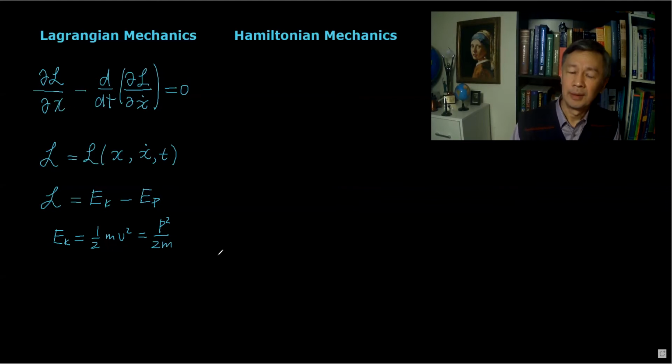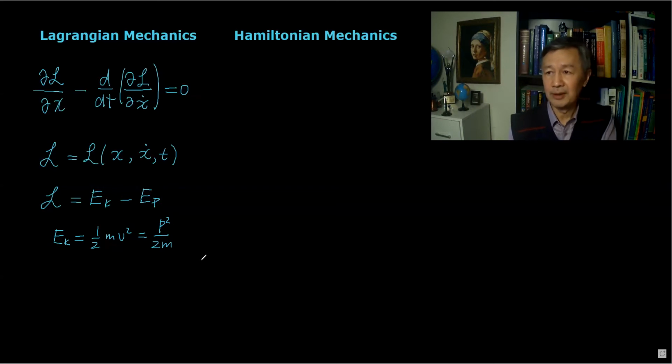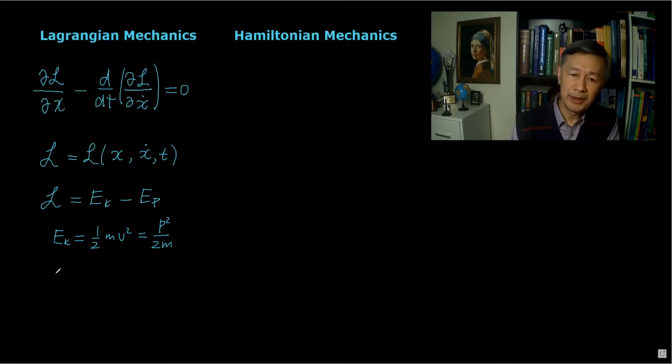Okay, so the only difference is in form, but physically they represent the same thing. The kinetic energy. And the potential energy has a different form. In this particular example, let's just consider the gravitational potential energy near the surface of Earth. So in this case, the potential energy can be simply written as